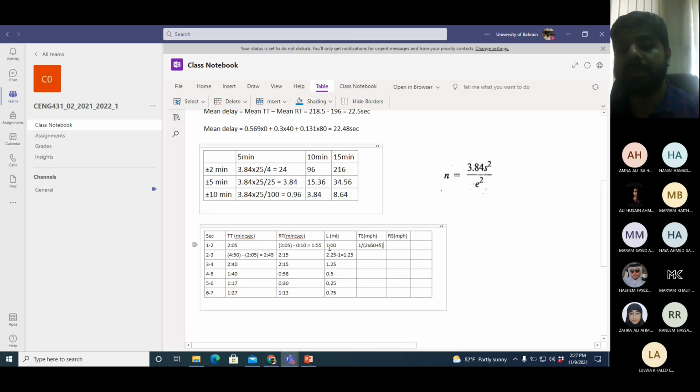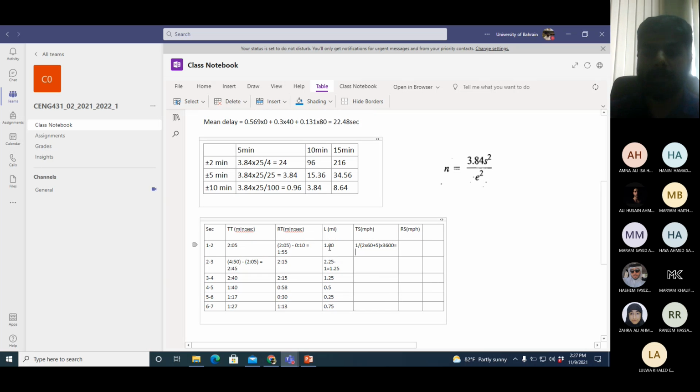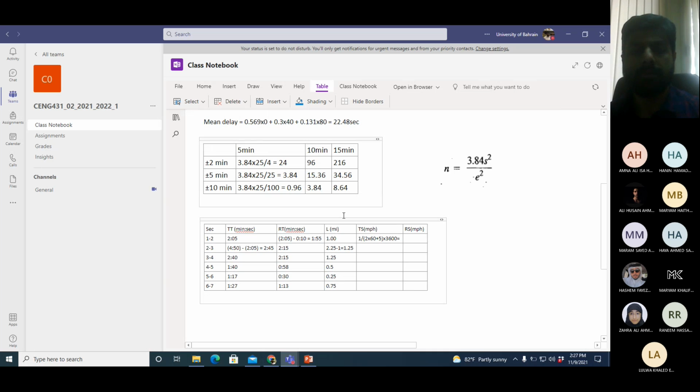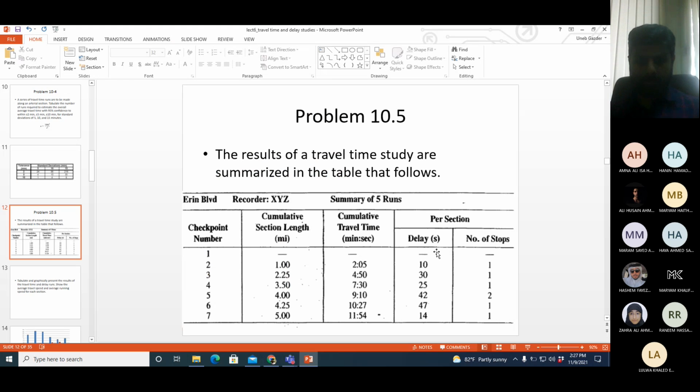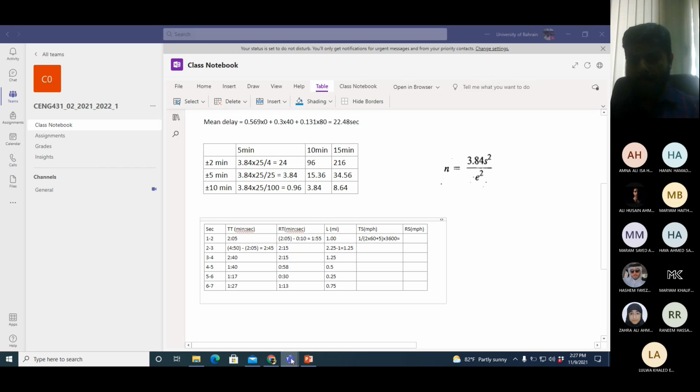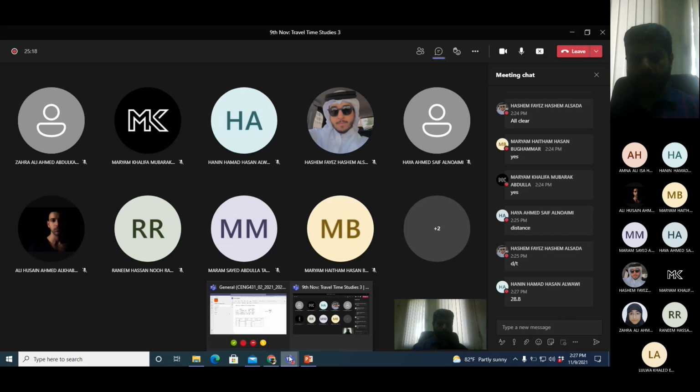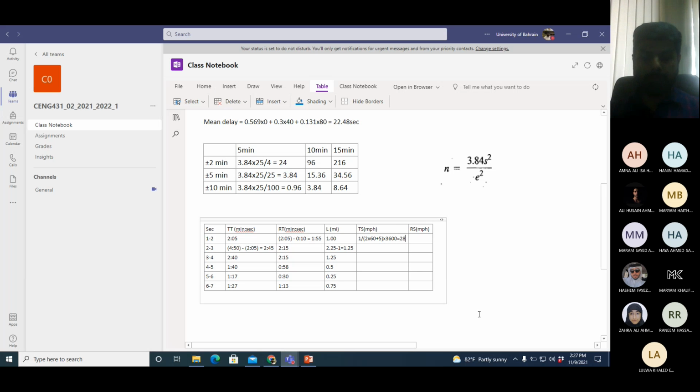So you would get the answer in miles per second, right? Then I need to convert it to miles per hour. So times 3600. How much is this? 28.8.